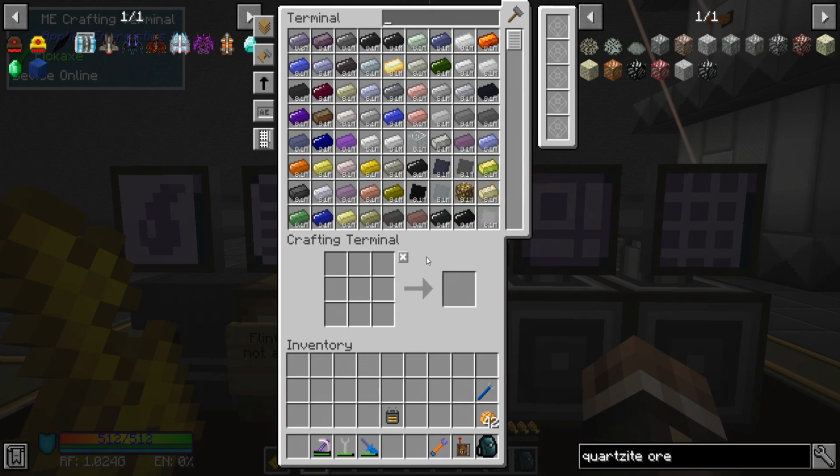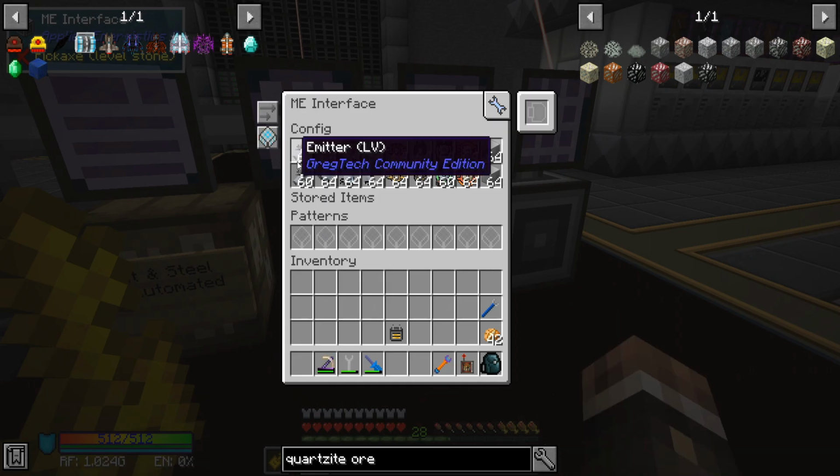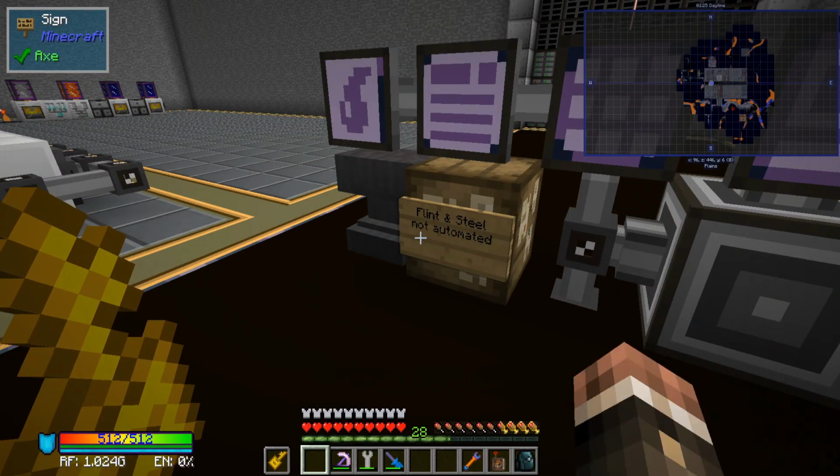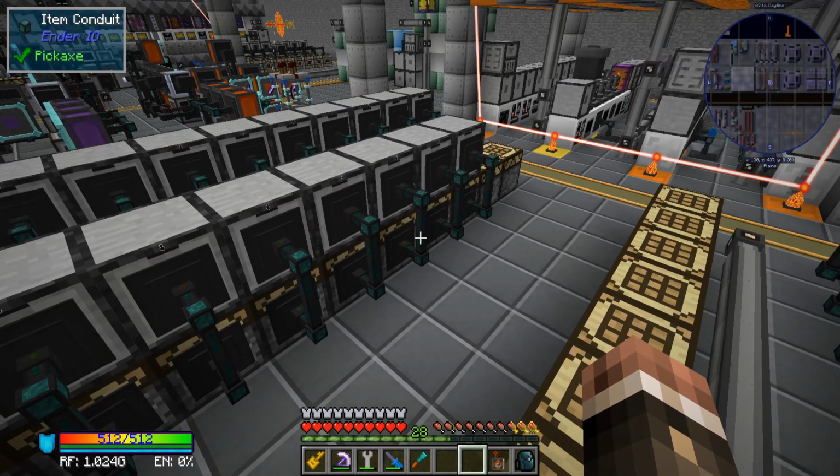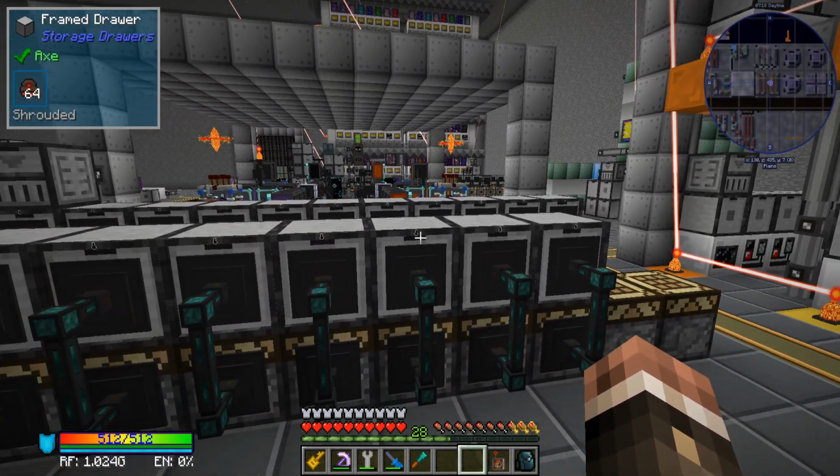Well, without crafting cards and without hating your life automating the processing of every single one of these just for omnicoins, because that's kind of dumb. Alright, I've done the thing. I now am auto-crafting the